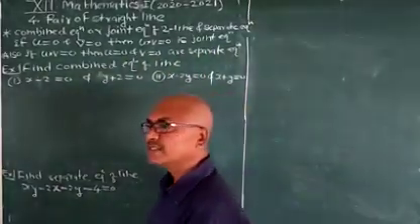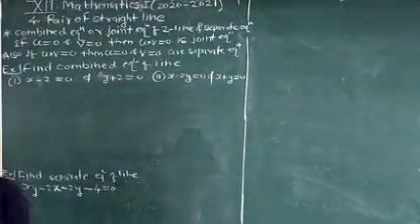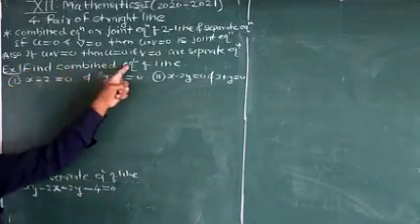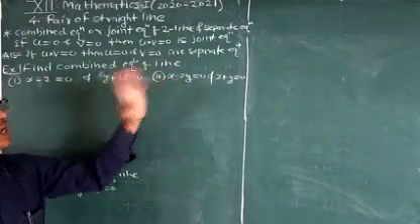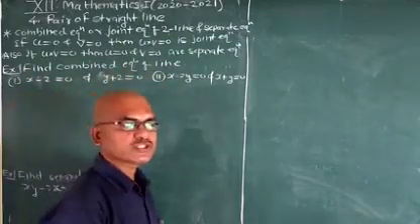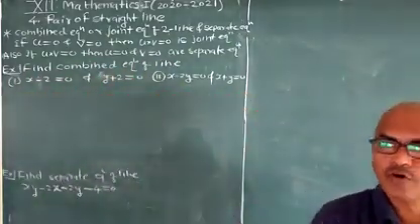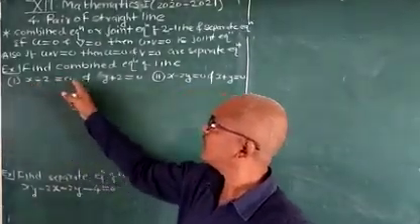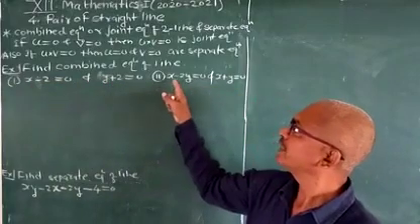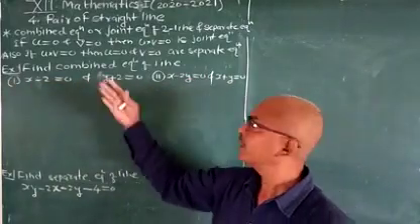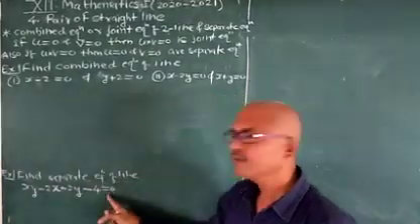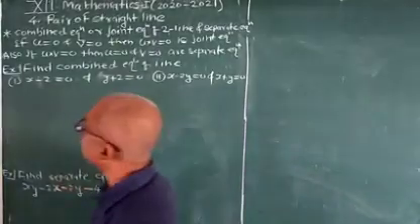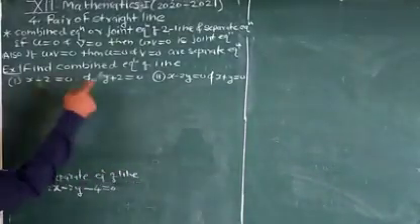From the exam point of view, there are 2 marks questions. We have to find the combined equation of two lines. You have to solve any one question, and the second question you solve as homework. The two lines are x minus 2 equal to 0 and y plus 2 equal to 0. The second type of question gives the combined equation and asks us to find the separate equations.